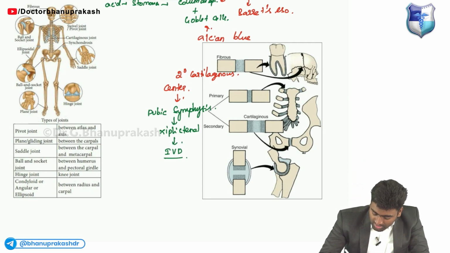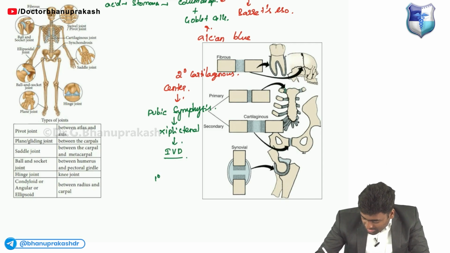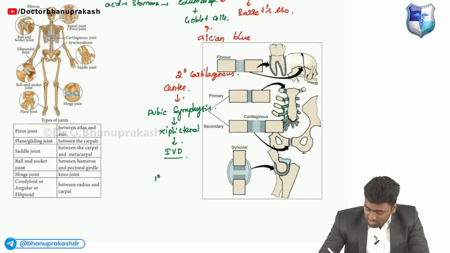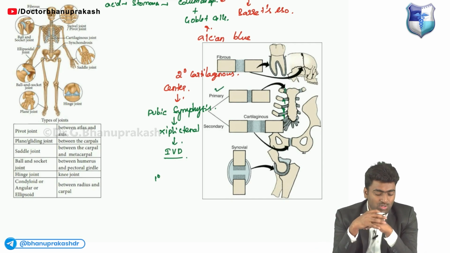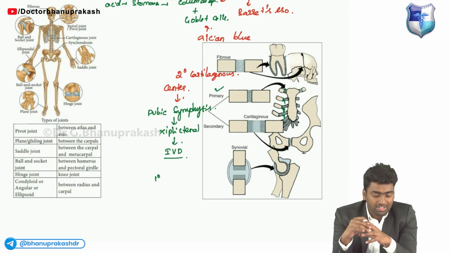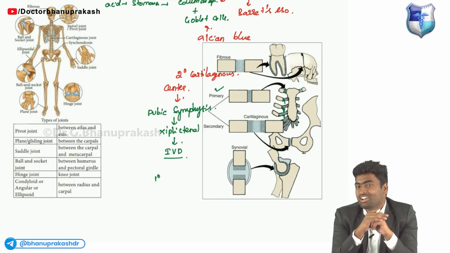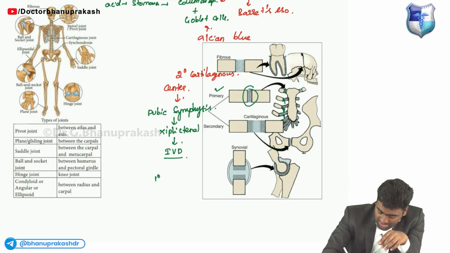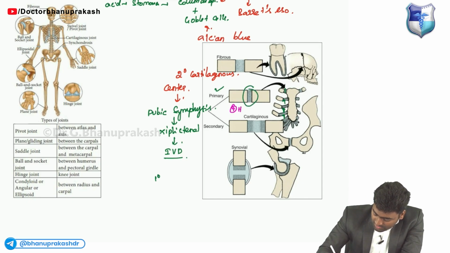And around or adjacent to the center, you will be able to see the costosternal joints. All of these sternocostal joints will be primary in nature. And sometimes they will ask you what is the difference between the primary and the secondary cartilaginous joints. If you see the primary one, there is only the presence of hyaline cartilage, hyaline. Okay, whereas in the secondary, there is hyaline, but in between